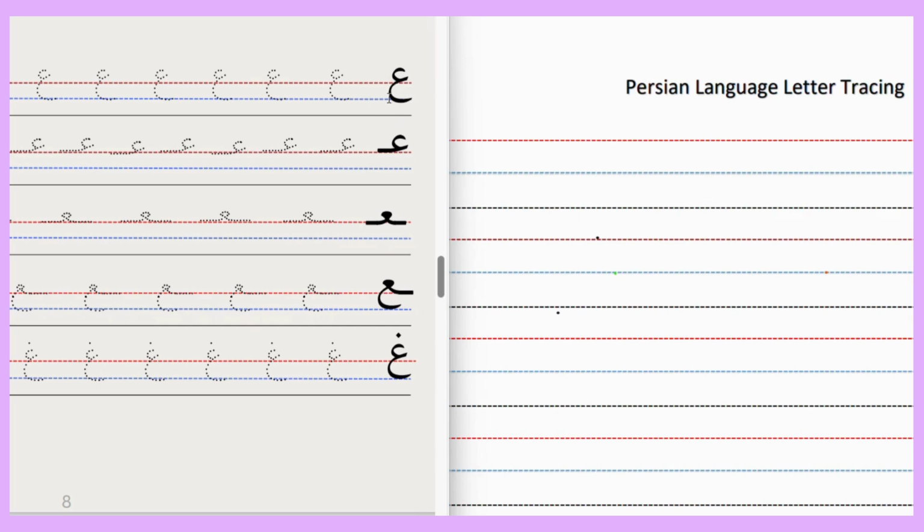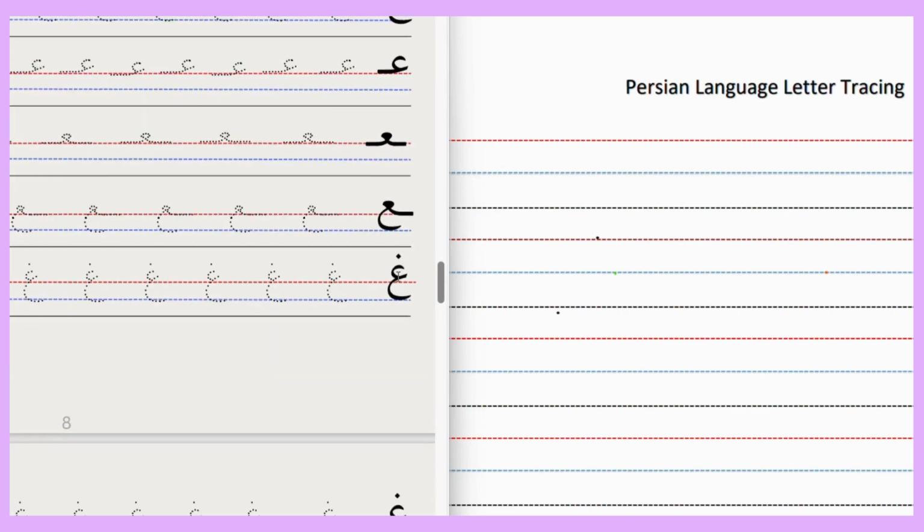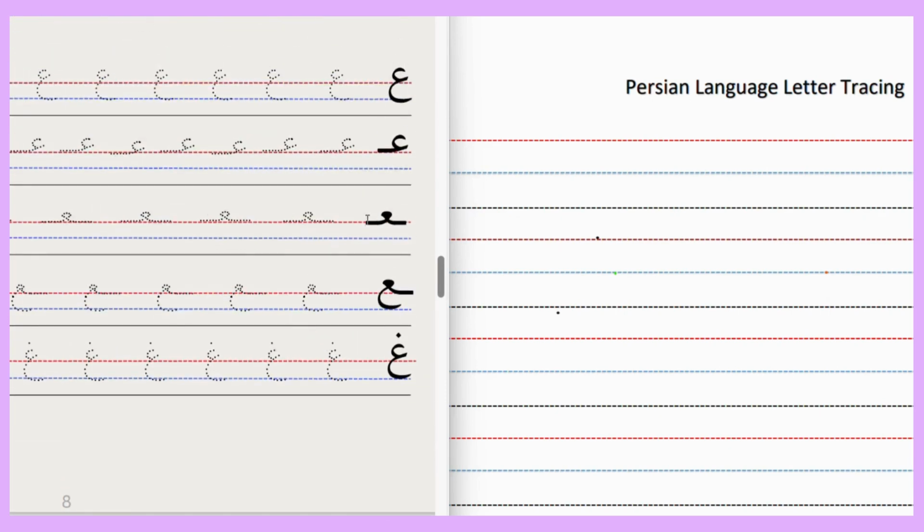Okay, this is isolated Ain, and this one is the connected one, and the last one is another form of Ain when it is connected to one letter on the right side and one letter on the left side. And this is actually another form as well of Ain when it is connected. The next one is with the same form, Ghain. So this is Ain, and this one is Ghain. So we have got just one extra dot